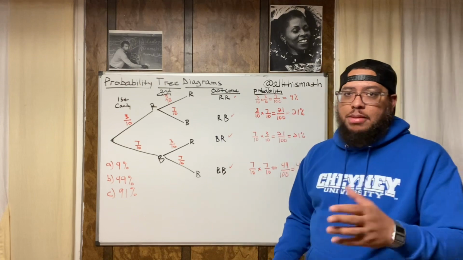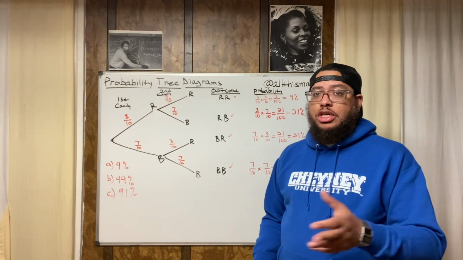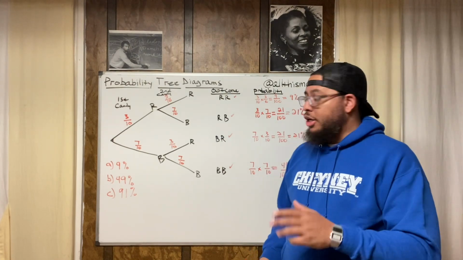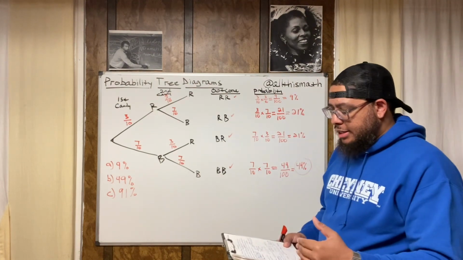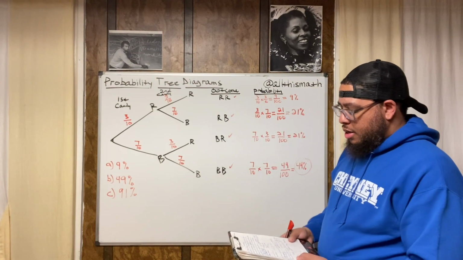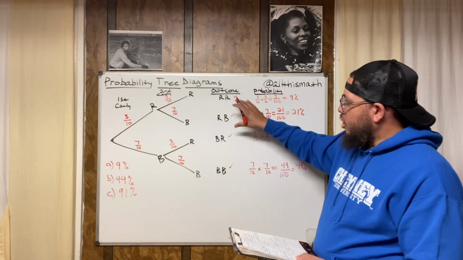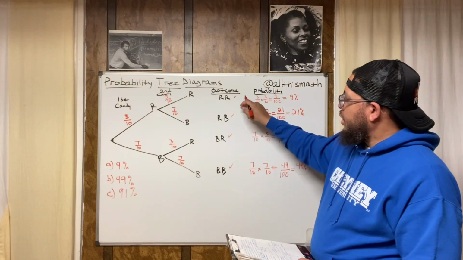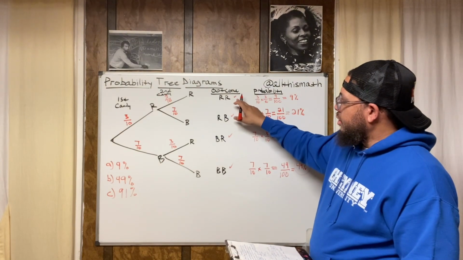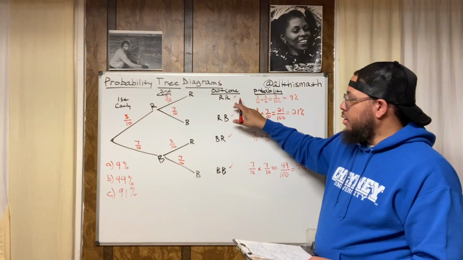Now, math is all about cheat codes and tricks too, right? Math is about a bunch of rules, but it's also about cheat codes and tricks that you can use, right? And shortcuts. So think about it like this. If the question asks at least one blue candy, in all of these scenarios, the only scenario where she doesn't pull one blue candy is this one right here, where she pulls no blue candy, right?